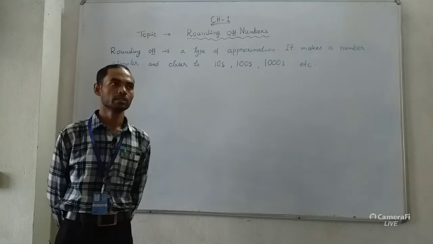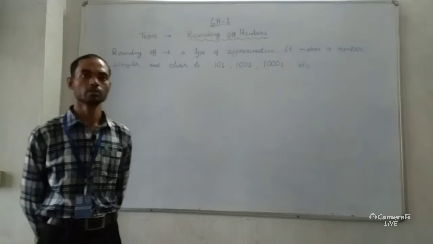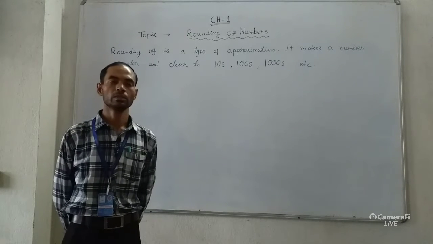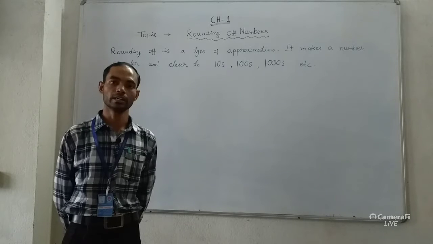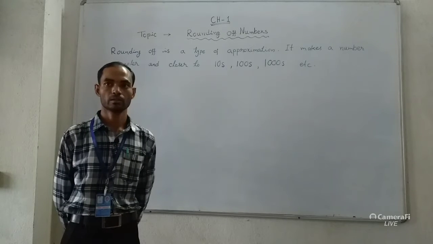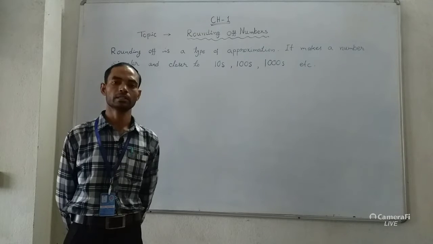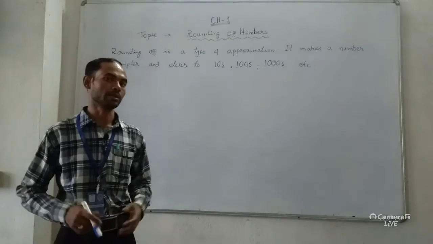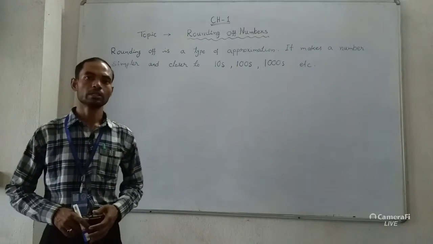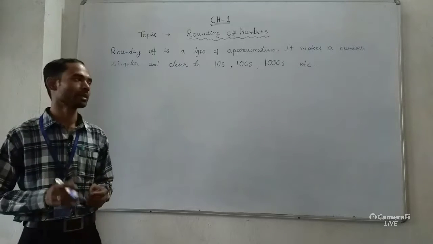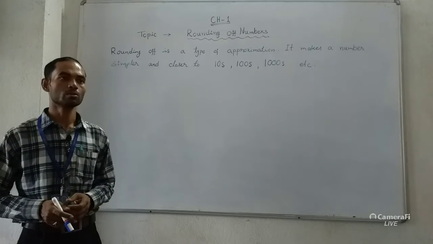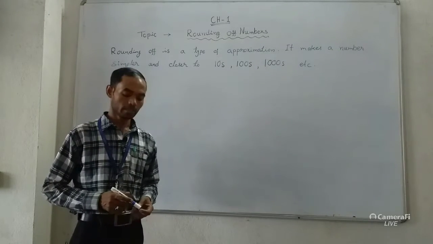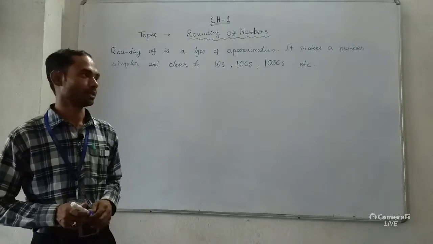So what is the meaning of this rounding off? Rounding off means actually making a number approximate. That is, we will find a number which is nearest to the given number, up to a place, maybe tens place or hundreds place or thousand place, or whatever. So we can find a simpler value of the given value, and it will be closer to its 10 place or 100 place or 1000 place. Let us come to a particular example.